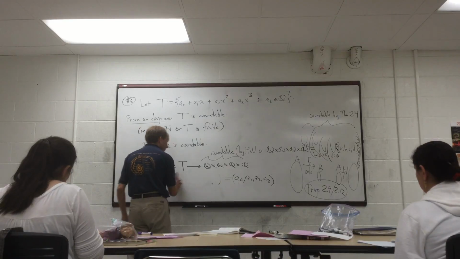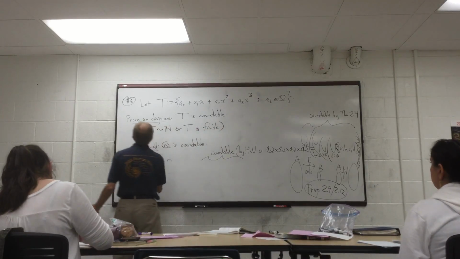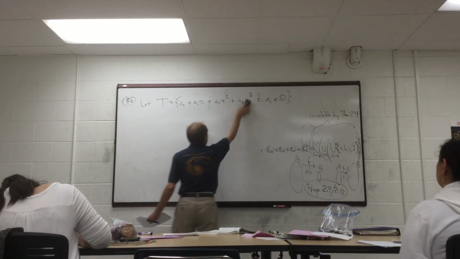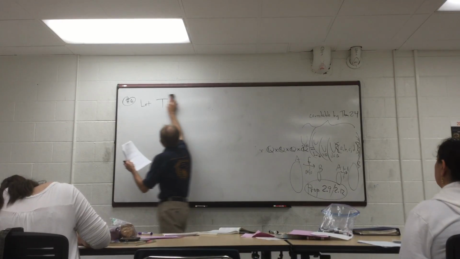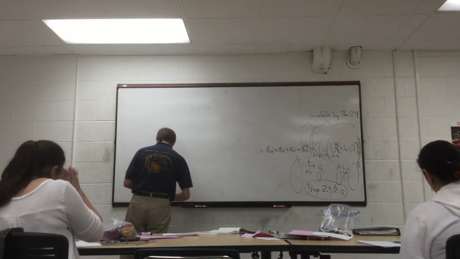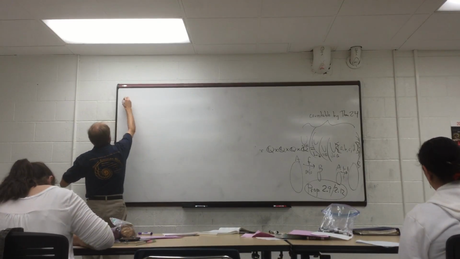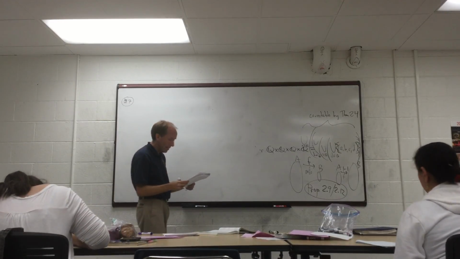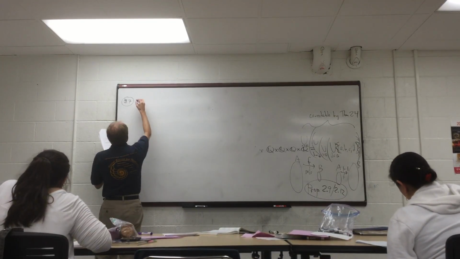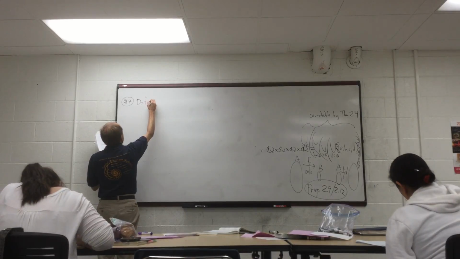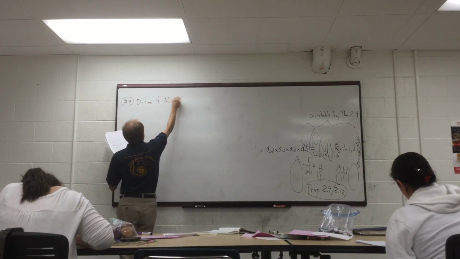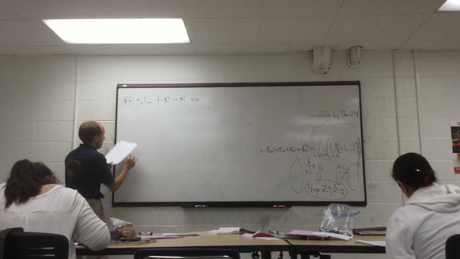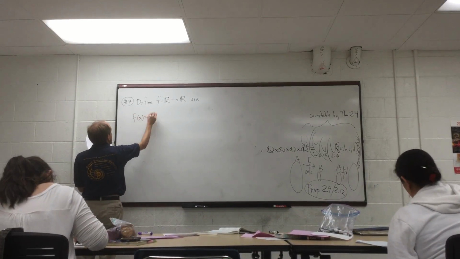Okay, great. Let's go on and do another problem here. Number 7. Okay, so here's number 7, just mixing up lots of problems. Define f from R to R via f of x equals 1